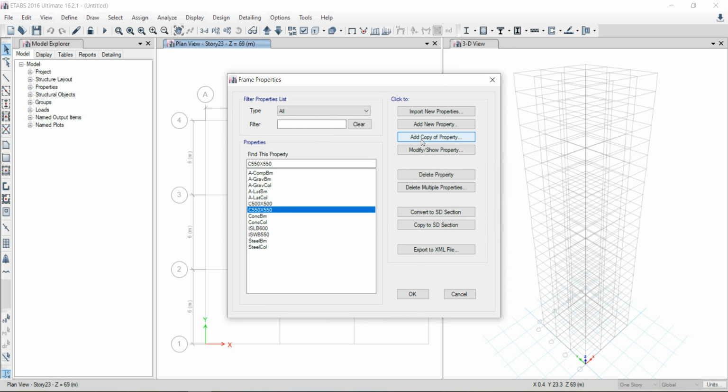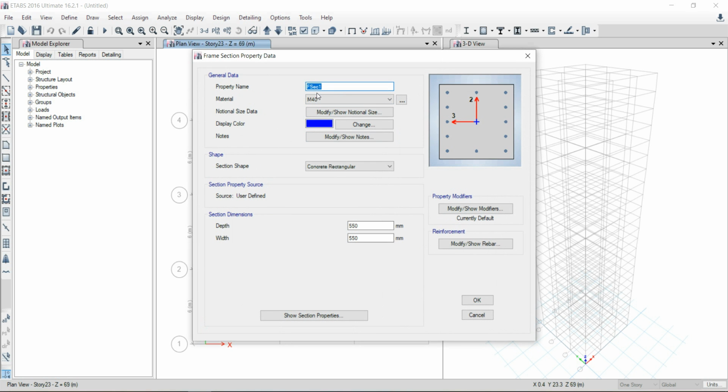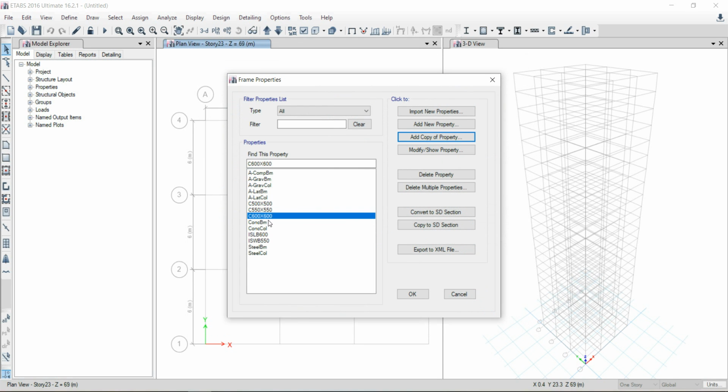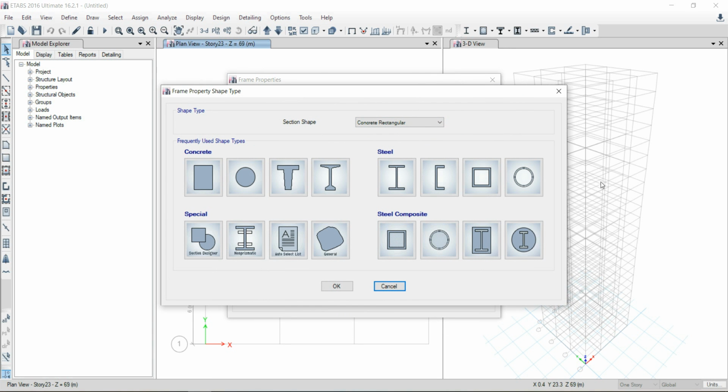Now again we'll select the add copy of a property and give a property name as C 600 by 600 and just change the dimensions to 600 by 600 and click on OK. We have defined all three columns. We have to define a new property from which the ETABS will select the required column in the